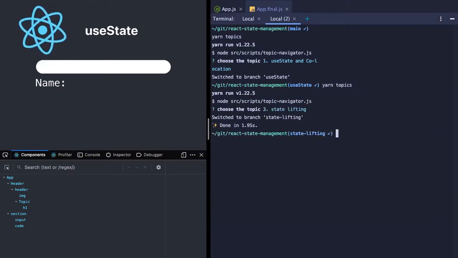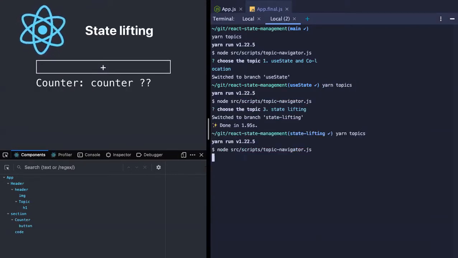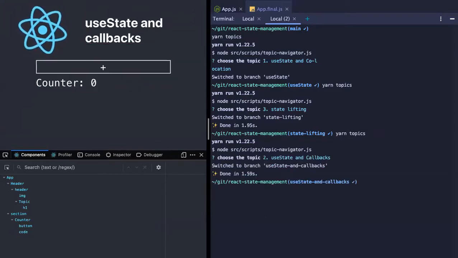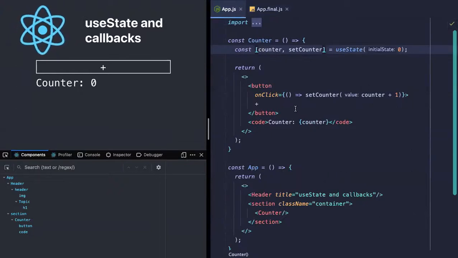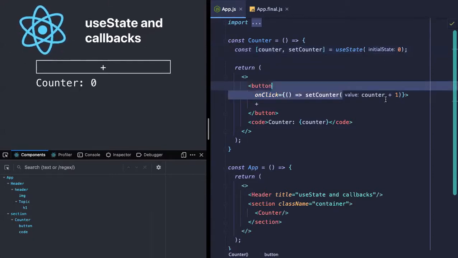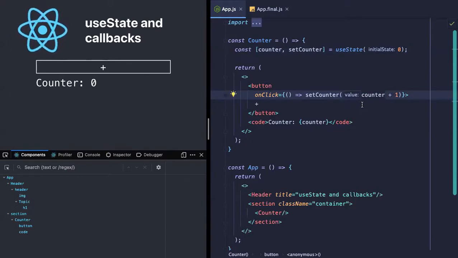Then the second thing, in useState itself, we discussed callbacks. The first thing was, if I was to use the counter somewhere, or wanted to get this value from somewhere else, or what will happen when a race condition happens in this setState.